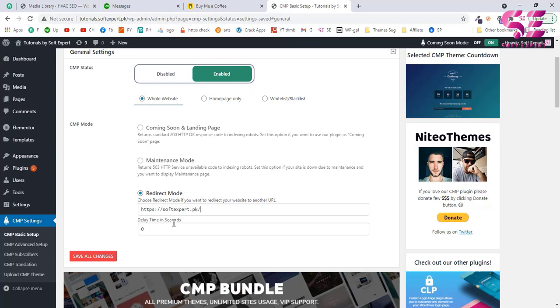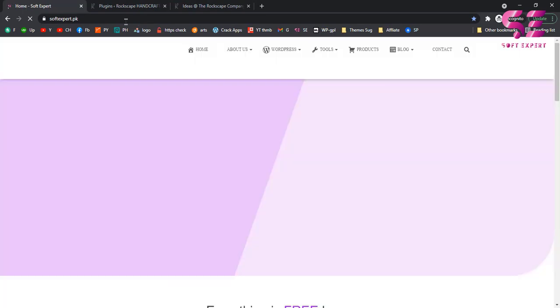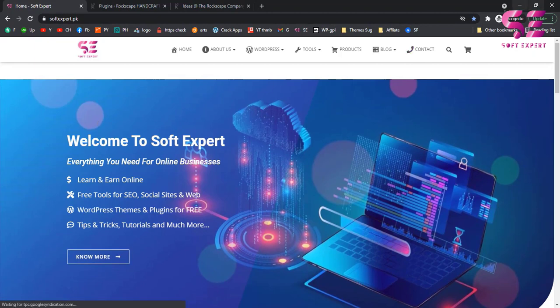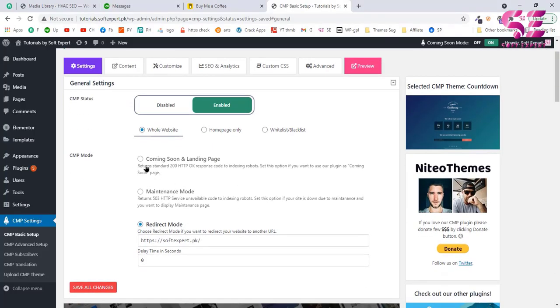And we can also set a time delay. So for example, they will see a coming soon page for 1 or 2 seconds, then will be redirected, or if you put a 0, then they will be redirected immediately. Now let's save our changes. And now if I visit this website, then as you can see, this takes me to the website that I put there. So that is how you can redirect people from a website to another website, and in case you are working on the website, so let's go back to the coming soon,